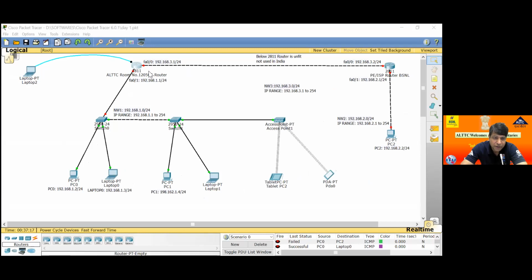Okay, and just click on the LTTC router. Click on this. Actually, you are sharing only this Packet Tracer, so I am unable to see your pop-up screen. Again, go to the share option and the share screen option. Then, yes, sir, we are able to see your pop-up screen. Otherwise, it is not possible.